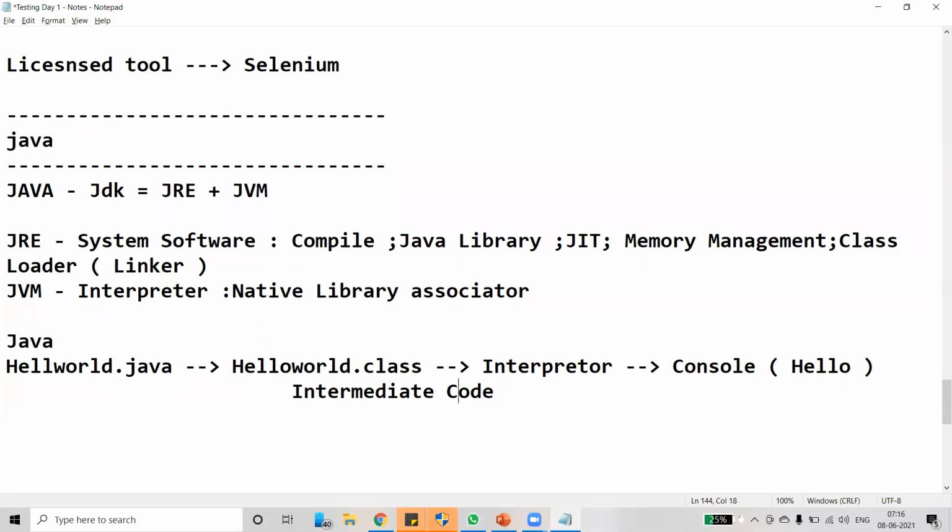This is also called HelloWorld.class. After generating the intermediary code, this code gets converted into machine code, or binary code.